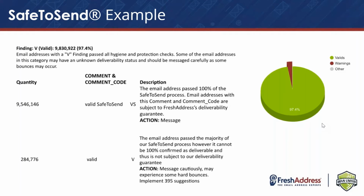Now, something that's valid, it passes a majority of our process, but there's a couple things we can't confirm. We still say that it's valid, but we're not going to give it that 100% guarantee. So this is just running through that data and saying, what's valid. And in this particular list, a good chunk of the file, 97%, is valid, and that's great. But the real problem that really comes up is, if we go to the next slide,